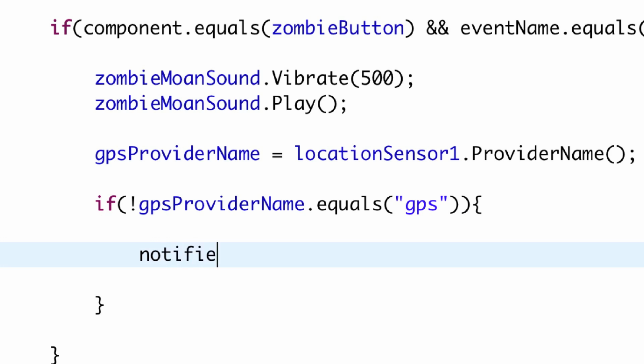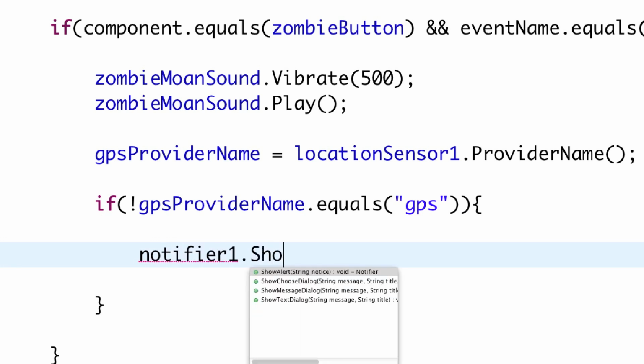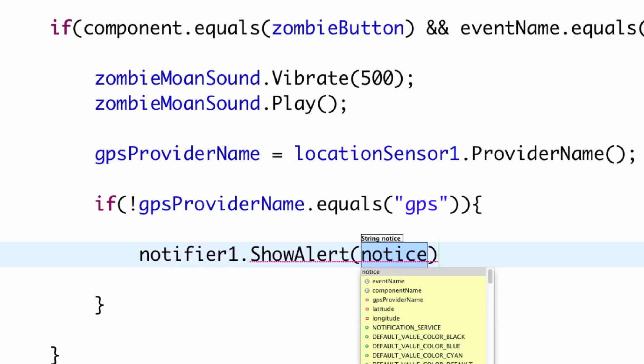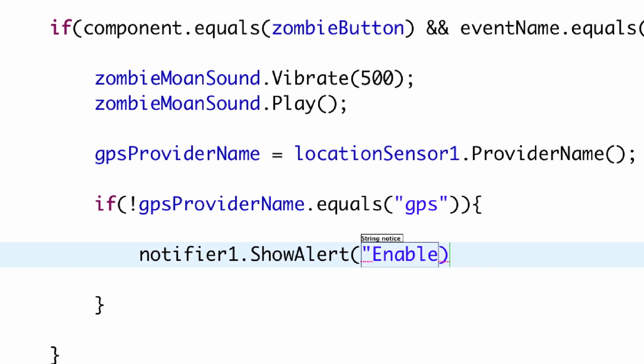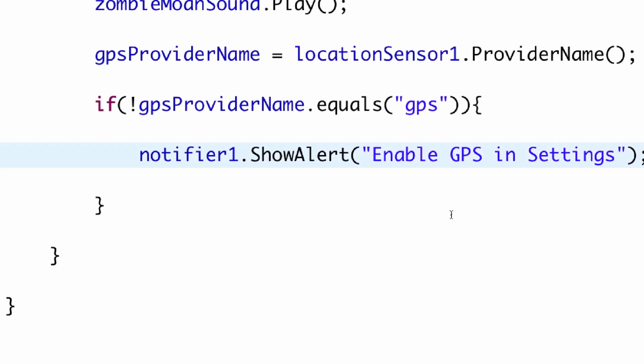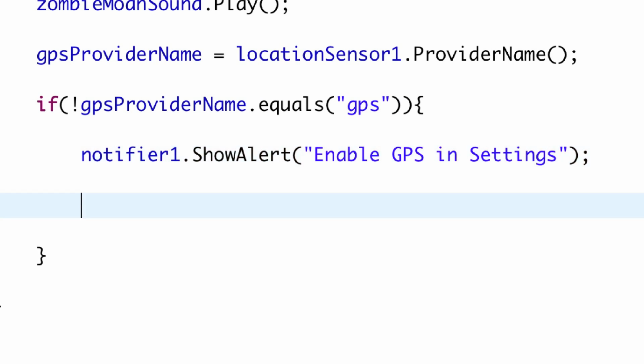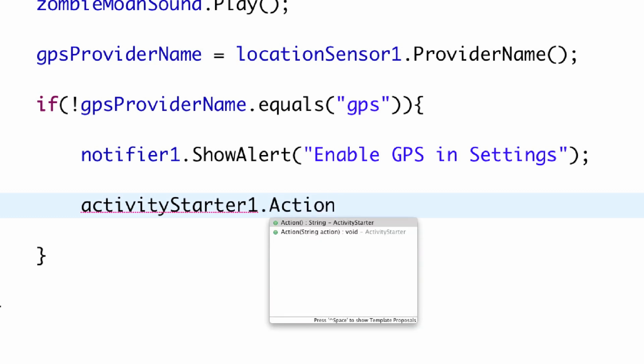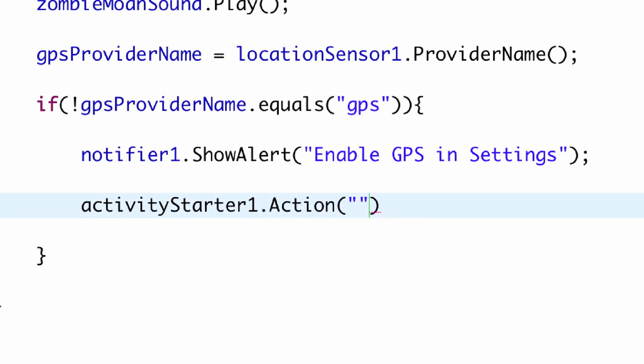Now if we want to open up a notifier, all we do is go show alert, and then we can type in whatever the message is. Enable GPS in settings, right like that. Another thing we could do is actually go and open up the activity settings that are going to allow us to do that. To do that, we just go activity starter 1, and we define the action that we want to use here. And in this situation, it's going to be